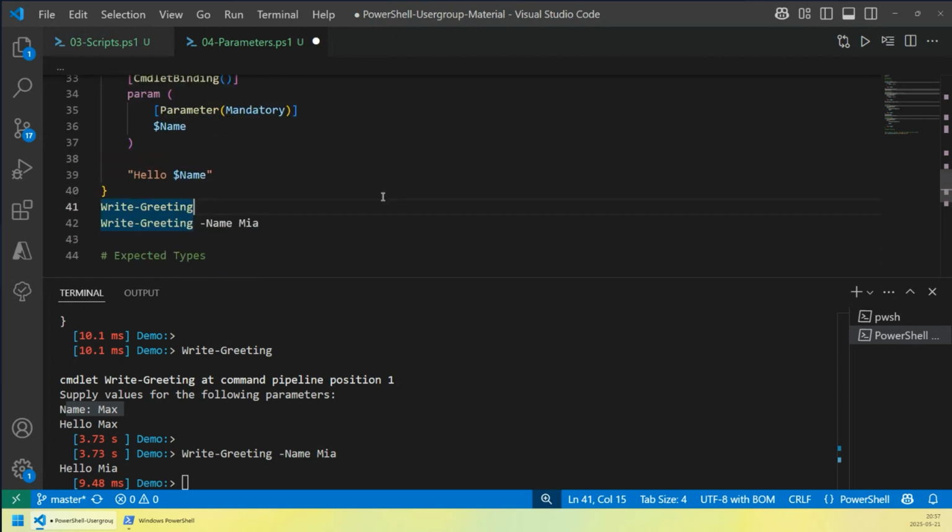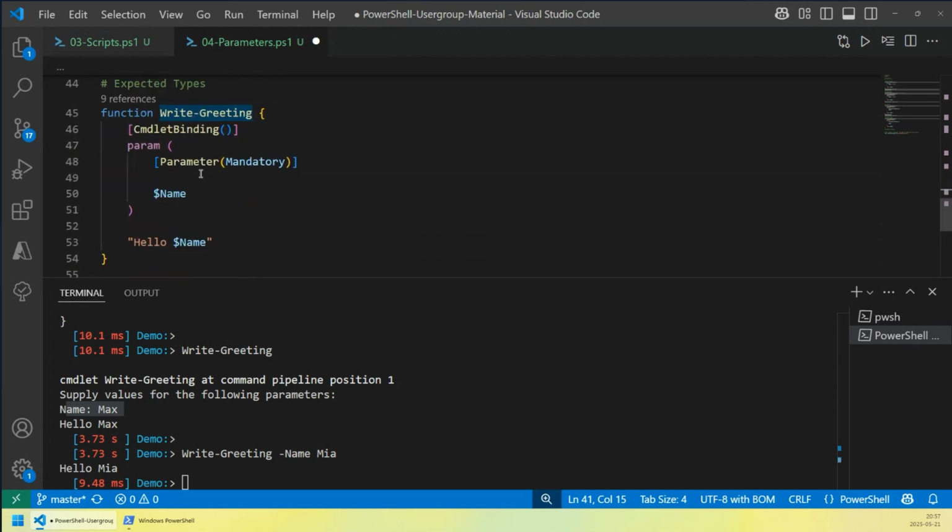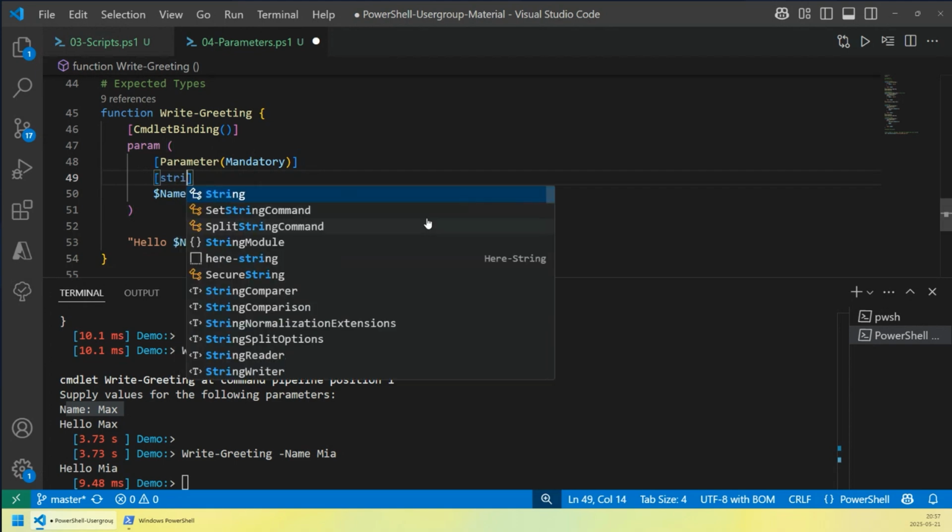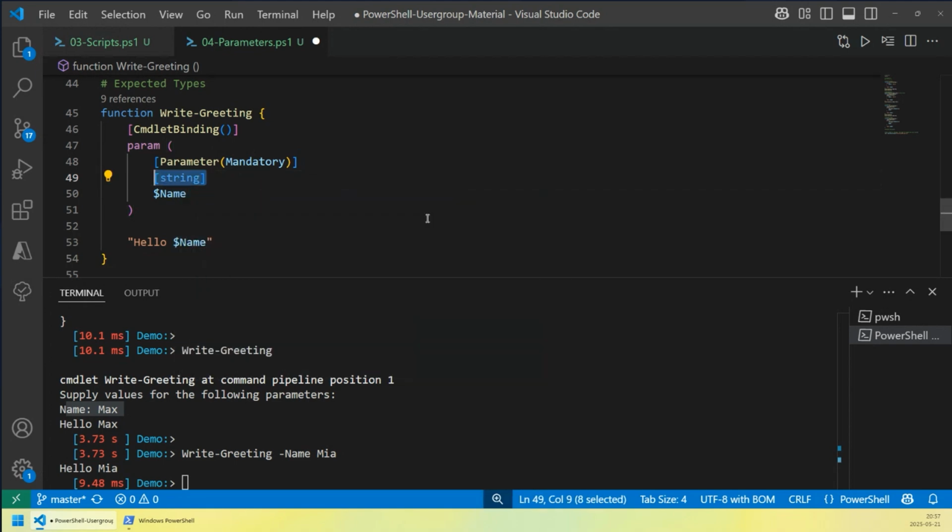So, two more. Expected types. It's usually a good idea to define what data type you're expecting if you know what data type you can get. For example,